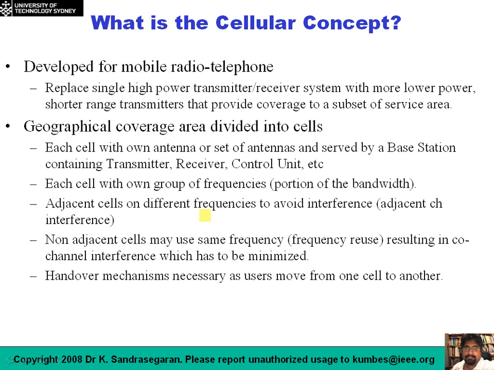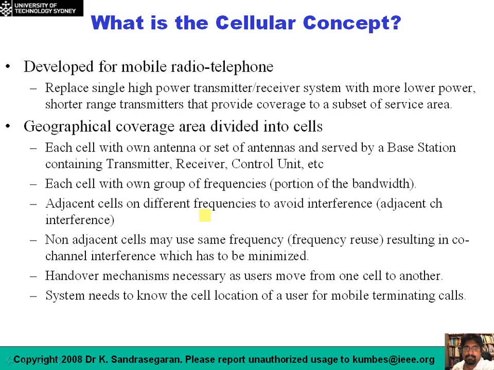So the consequence of having a cellular network is that we need handovers, and the other thing that we also need, apart from handovers, is to know which cell a current user is located in. So we need to know the location information of users, because when we have a mobile terminated call, that is a call that is coming to a mobile, we need to know which cell that particular call should be switched to. So in order to do that, we need to know location information of mobile users as they move inside